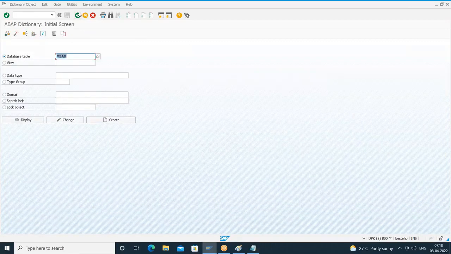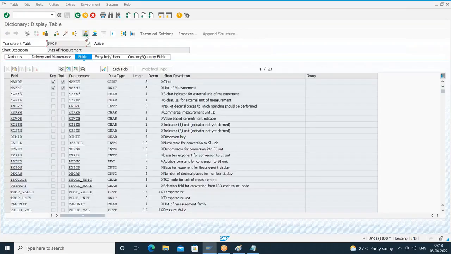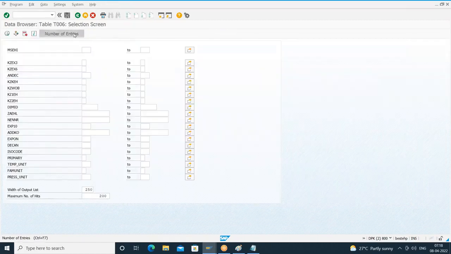Am I clear? So for units, we have a table T006. T006 is a table which stores the units of measurement. What are the units we want? Kg, centimeter, liters, all the units of measurement are defined in which table? T006. What is the field here? MSCHI, unit of measurement. See how many units of measurement there are? 395 units of measurement. So if you browse this particular field here,